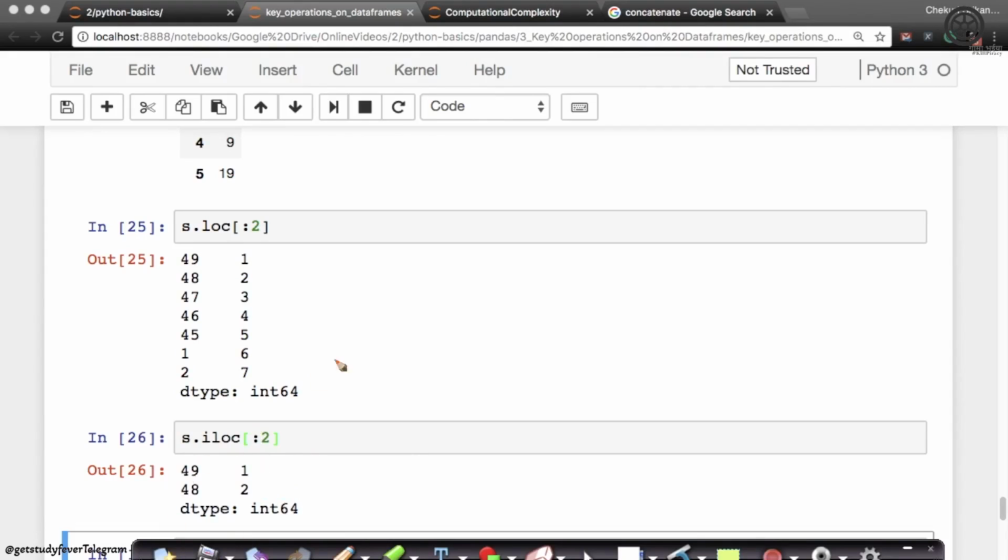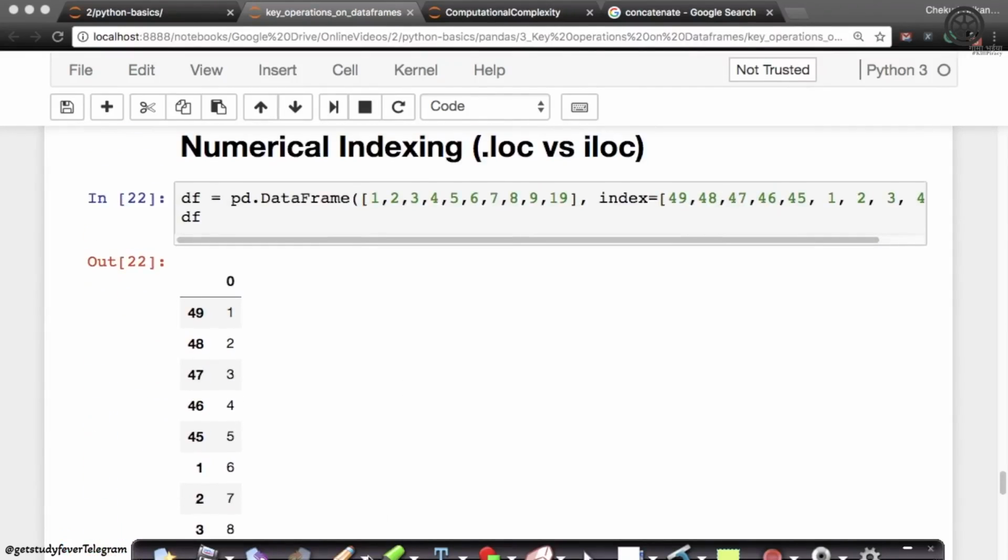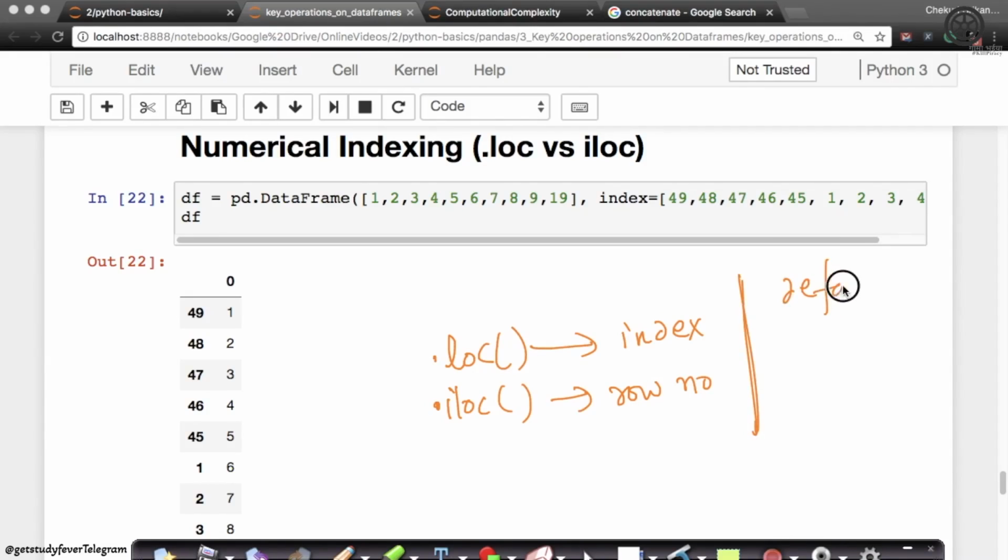So that's the difference. In a nutshell, while indexing, you have to remember that dot loc function versus dot iloc function, dot loc uses the index, whereas iloc uses the row number. By default, if you have not given your own custom index, your index is nothing but your row number.